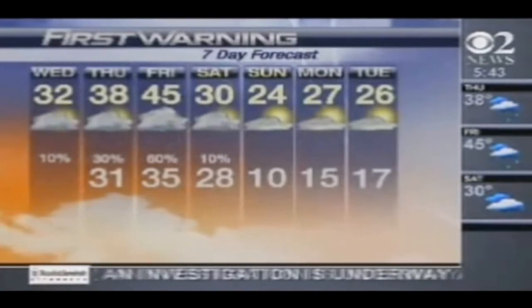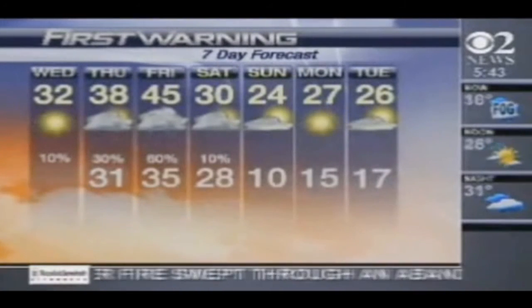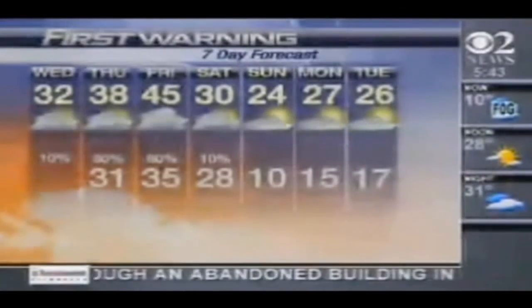And as we mentioned, there's the chance, and it's not necessarily likely, but a slim chance you'll hear a clap of thunder or two. So interesting, 45 degrees on Friday. You weren't kidding when you said we're going to be above